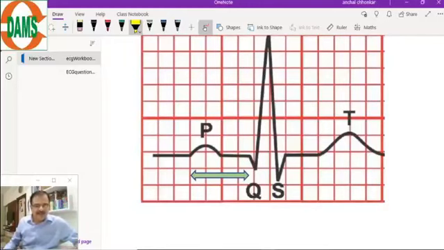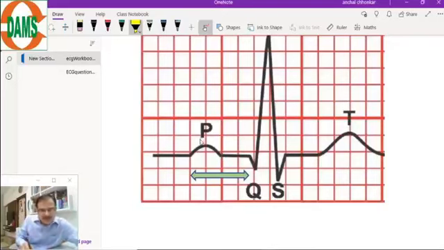So this is the PR interval. You can see the diagram. First look at the diagram carefully, because the more you look at the diagrams, the more it will be retained in your memory. Because in the exam, when you see these ECGs, you get confused because you have no practice of seeing the ECG. So visualize these ECGs.